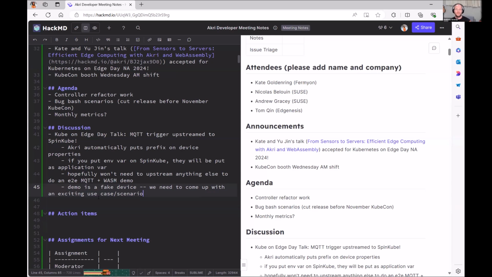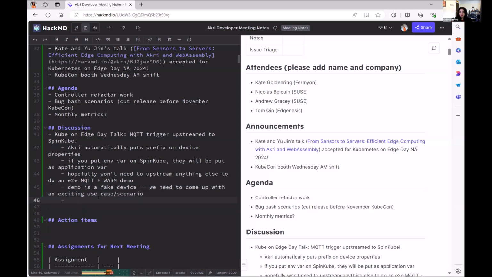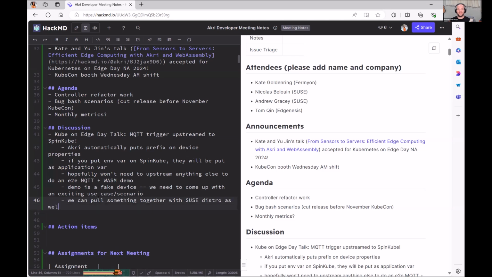I'll review offline. There are some other people who are looking to do similar demos, so it would be good to connect everybody. Yeah, that's actually a good point. If there's something that SUSE's doing, we could do it on K3S or one of SUSE's distros and pull it together. Especially if that's something you're going to have at your booth, then that would be a really cool "go check out their booth" kind of thing. So yeah, let's talk offline. Yeah, it's another partner, which is why I'm not offering on the call. But I would want to chat with them first.